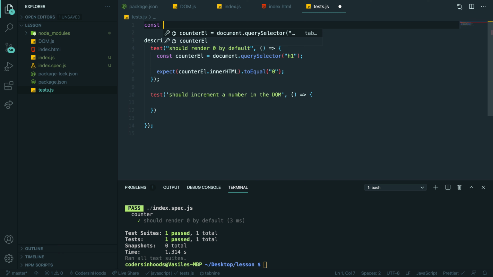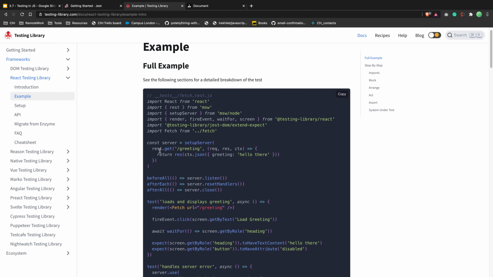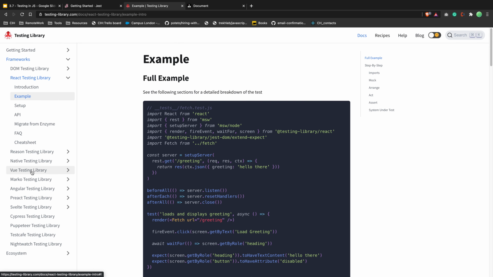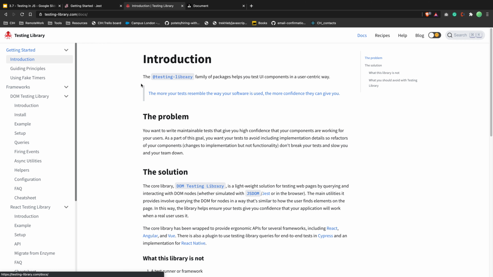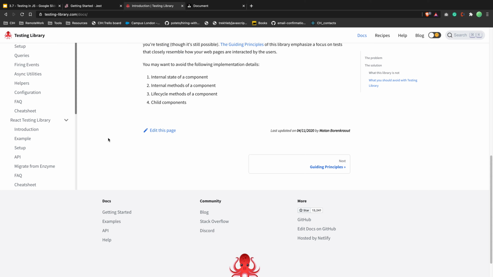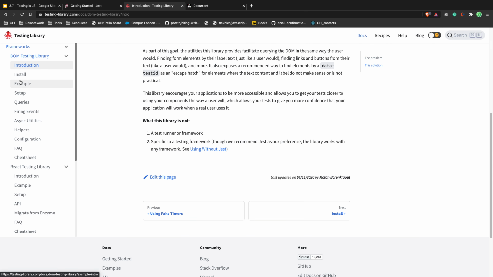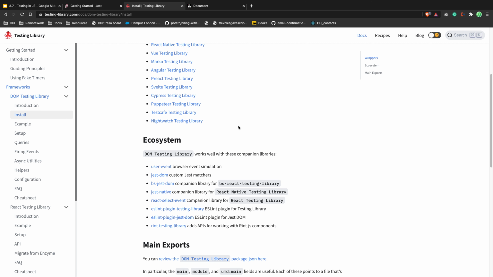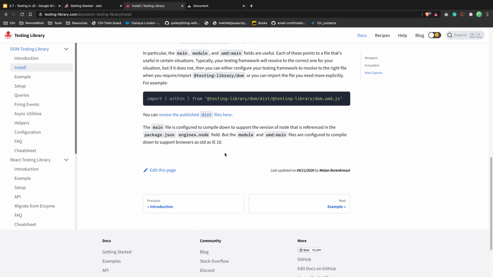Now, so const from here we want, where is it? Just JavaScript. DOM testing library. Get started. Introduction. Wait a second. Where's the install? Testing library.